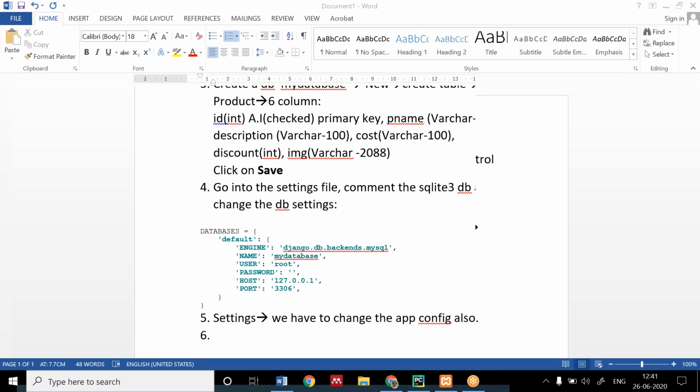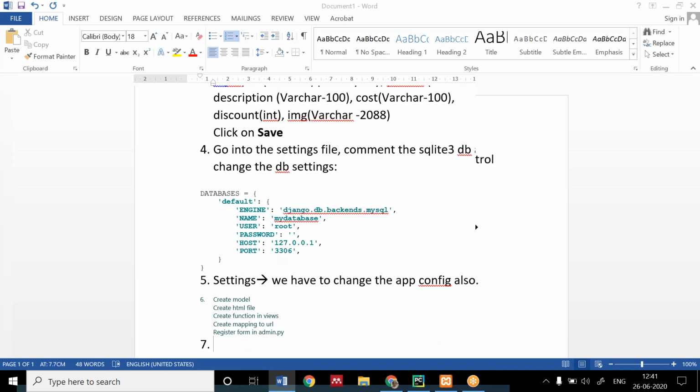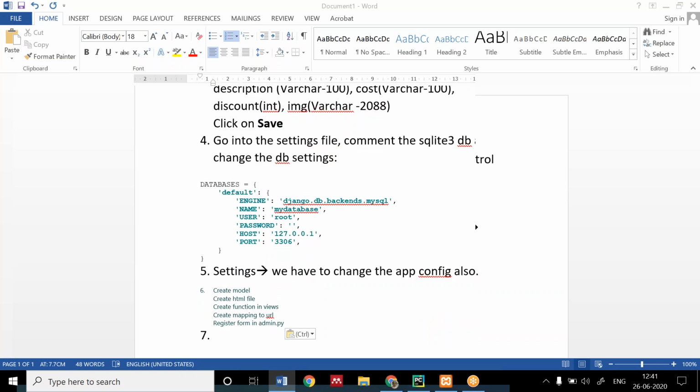Okay, Shivam has given me some code. I'm copying it from Shivam's chat and pasting it here. This is the code which I pasted from the chat box.